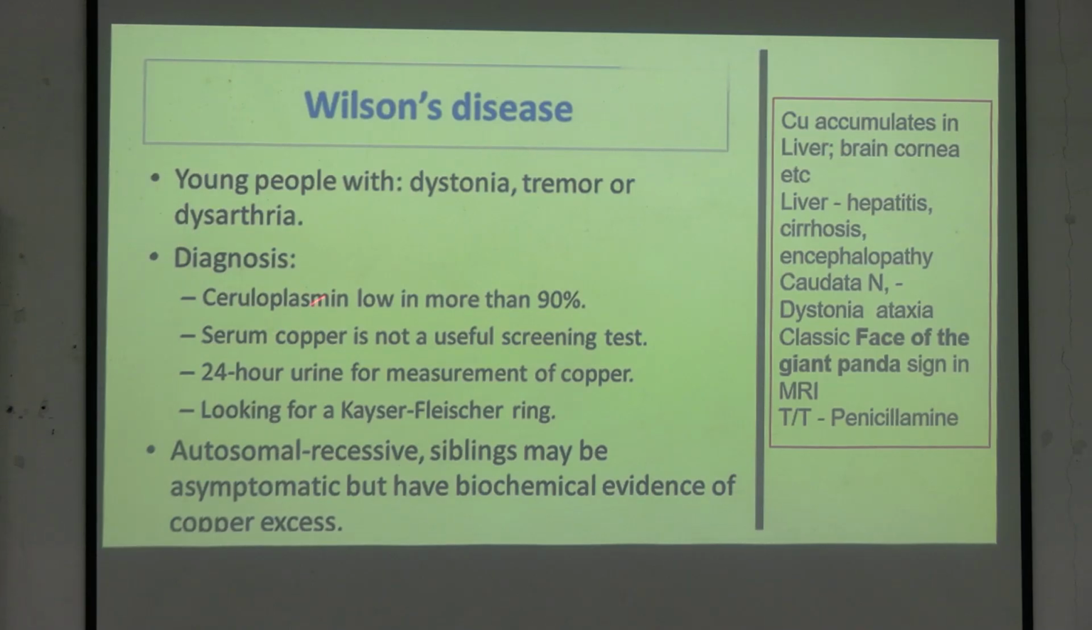How can you diagnose it? Serum ceruloplasmin is low. Very important, serum copper is not useful for diagnosis. For 24-hour urinary copper you can measure, there will be excess of copper. Look for the